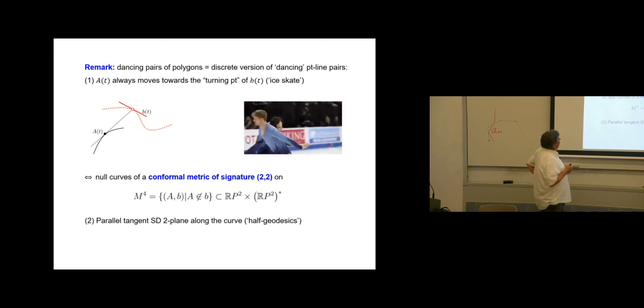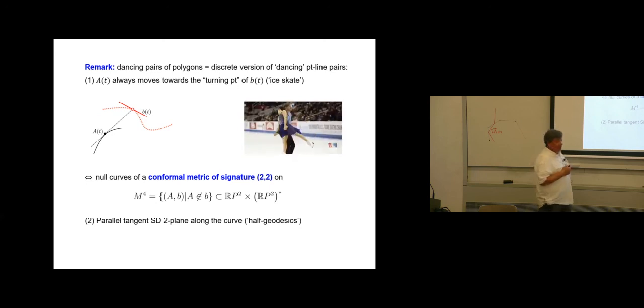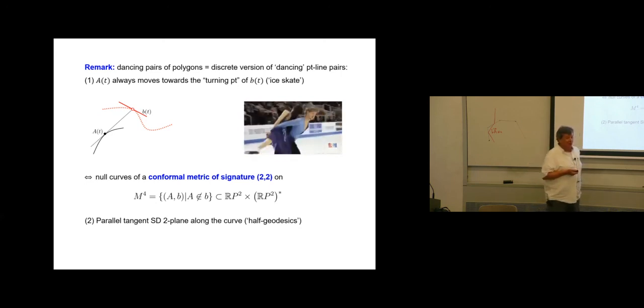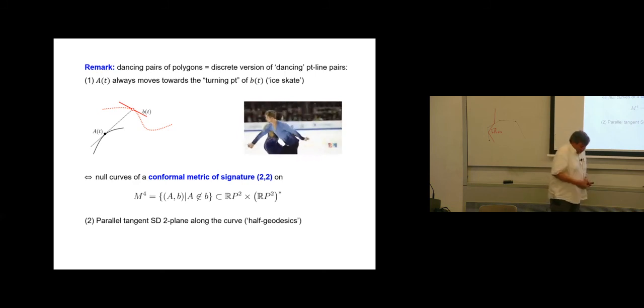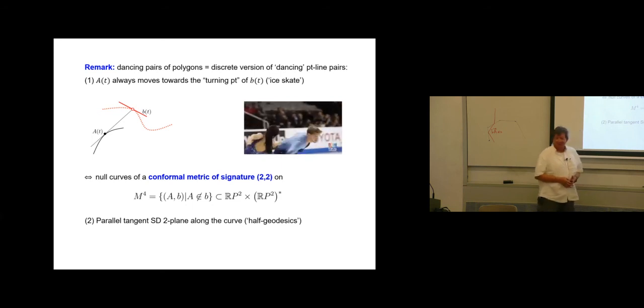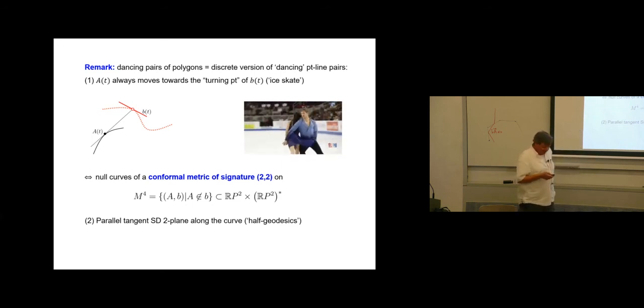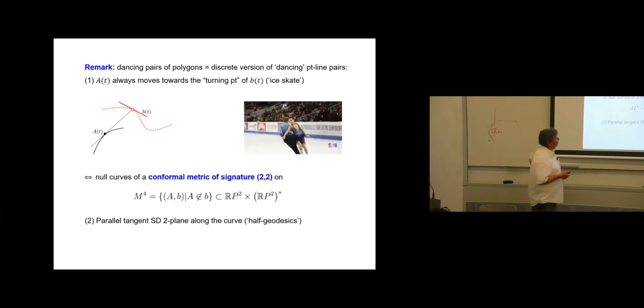He always moves in the direction of this turning point. That's where she's most likely to be. That's usually the turning point, below her foot. So the question is, in the space of pairs,